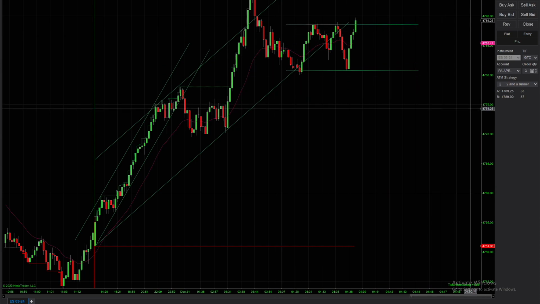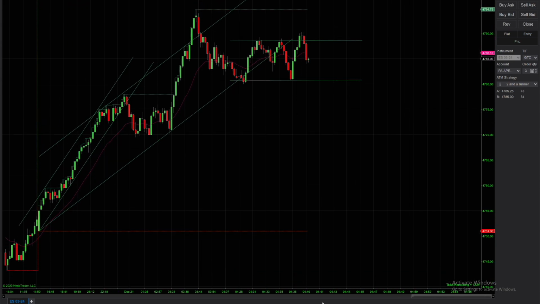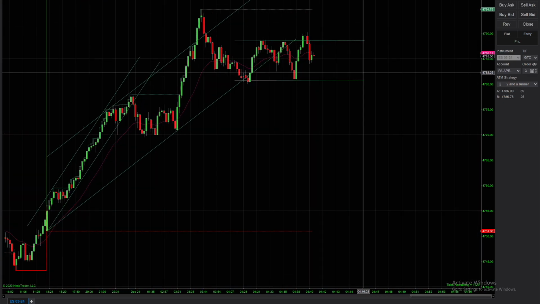From here, it traded sideways for a bit, and I wasn't as confused today as I would be on other days. I was kind of predicting where it was going. We got this little trading range, so you were just waiting to see what happens. I see we have two bounces already, and then I was waiting for maybe a third bounce for a triple test. And so I actually took a triple test off that.